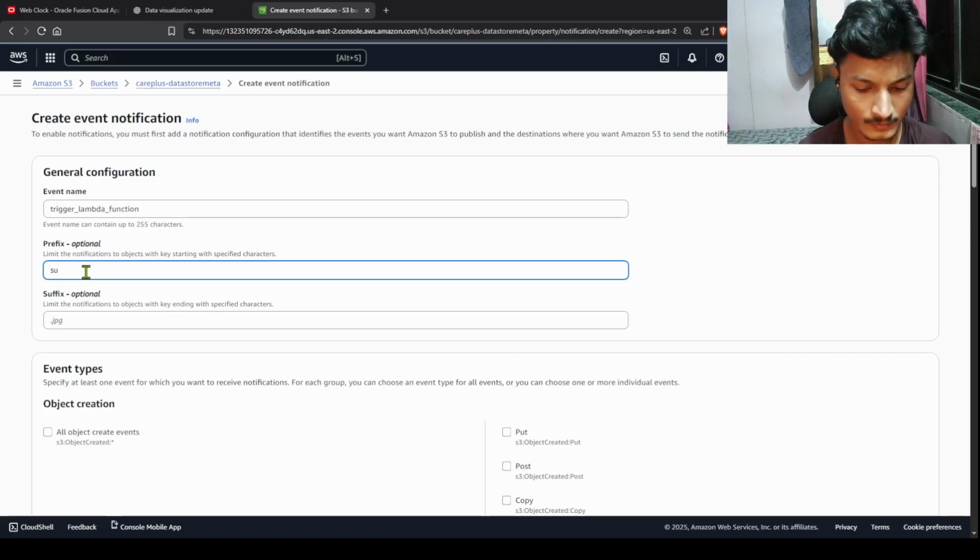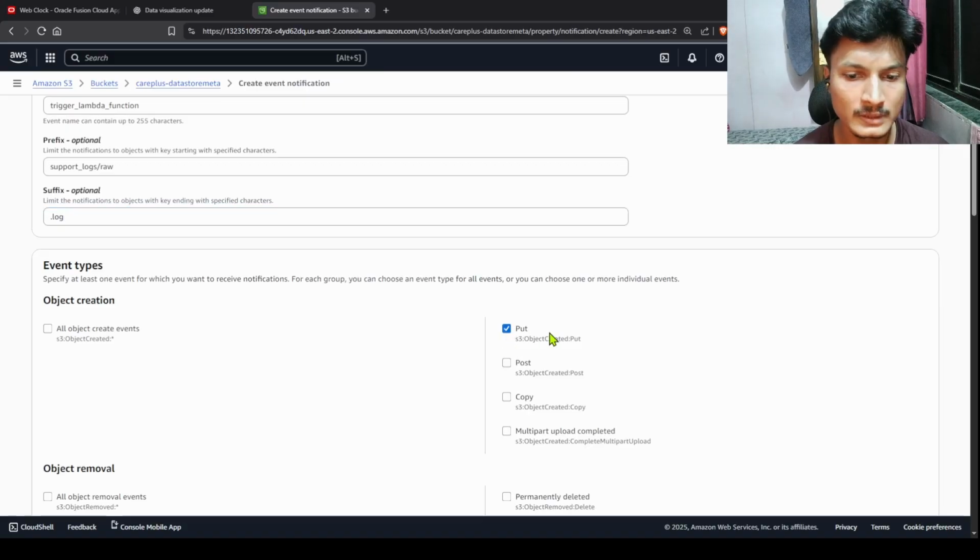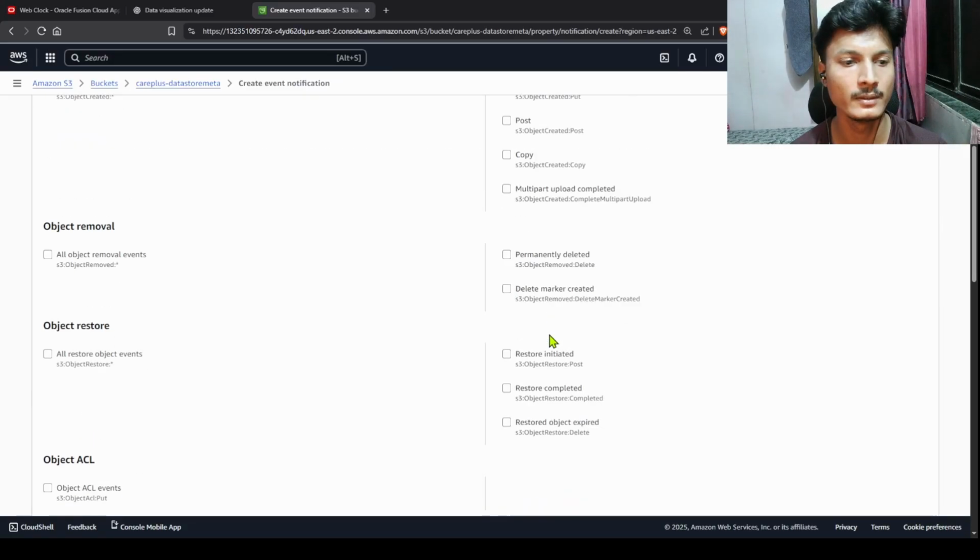Currently we are doing this only for support logs, so I'm using support logs/raw. In this folder, we have to go to raw files, and whenever a .log file is put, meaning whenever it gets uploaded,